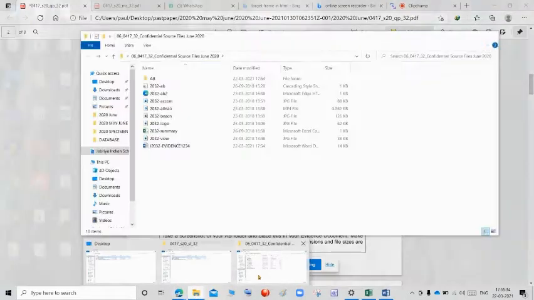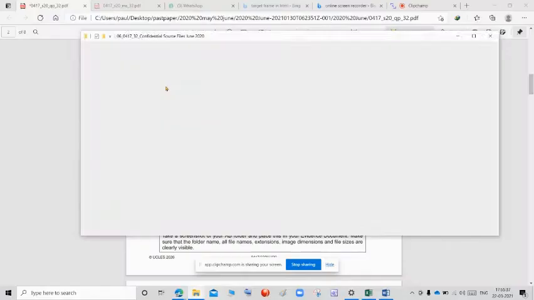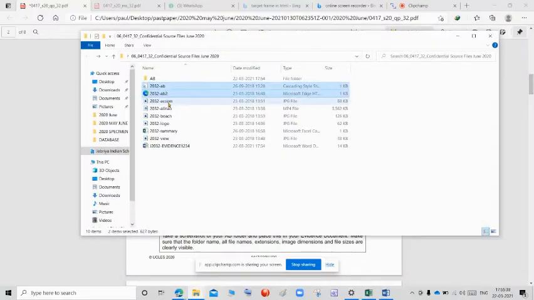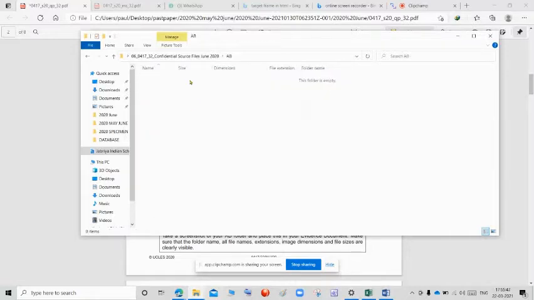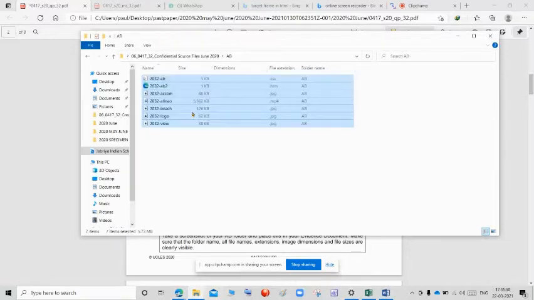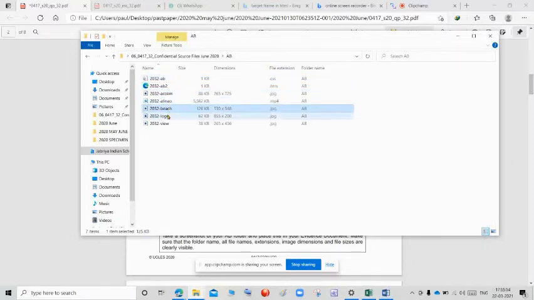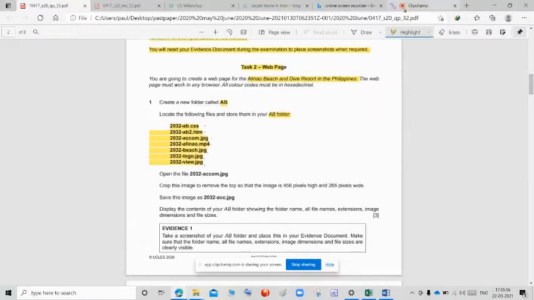So we are going to the working area. We are going to select the first one, this, third one, fourth one, fifth one, sixth one, view. Copy this, go to the AB folder and paste. And check how many files are there. 1, 2, 3, 4, 5, 6, 7. Seven files are there, and please check in this: 1, 2, 3, 4, 5, 6, 7 files.